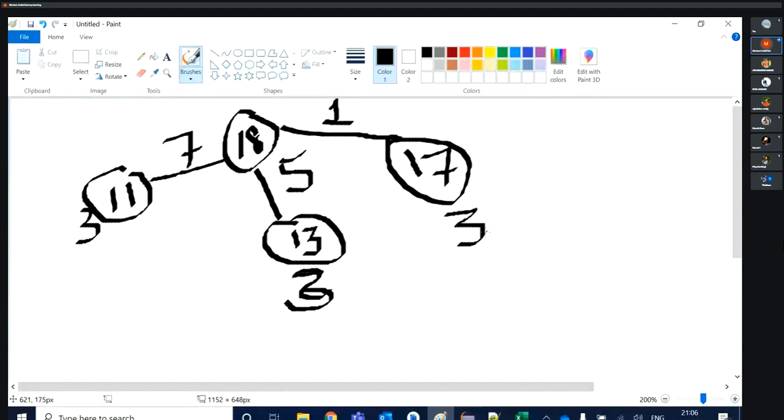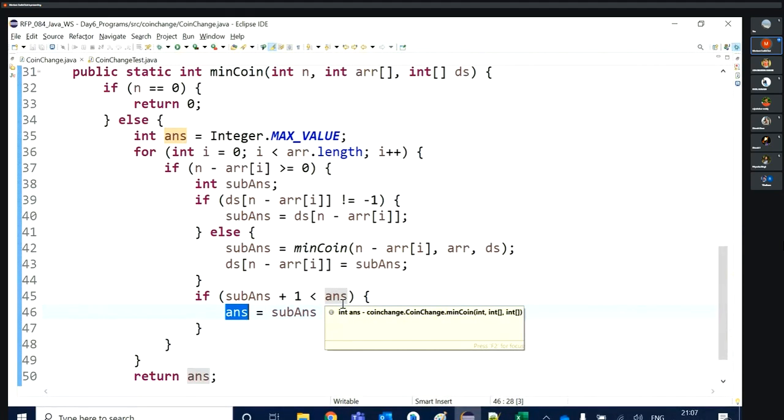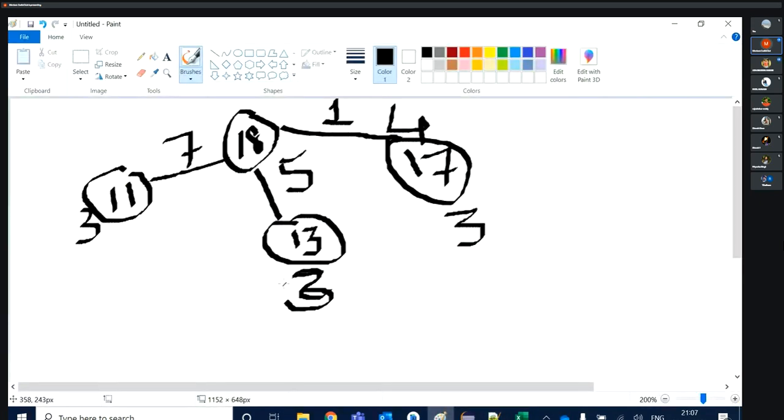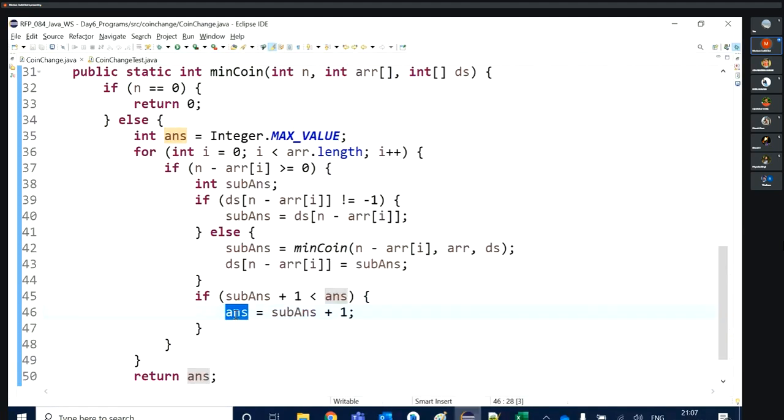Okay, now I will check again by using the coin 5. Second coin is 5. What is the answer for 18 minus 5? 13. And what is the sub answer for 13? 3. Again 3, that will be coming into the sub answer. And I will check 3 plus 1. Now, what is the answer value?